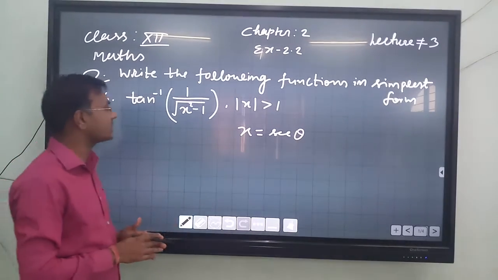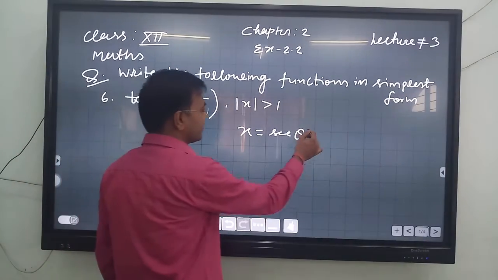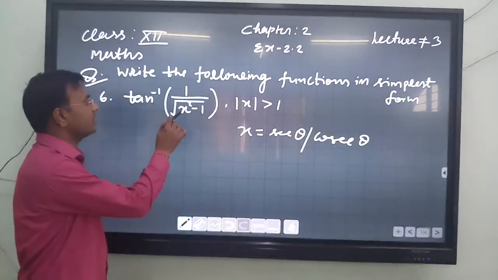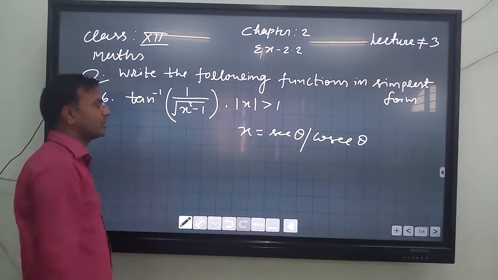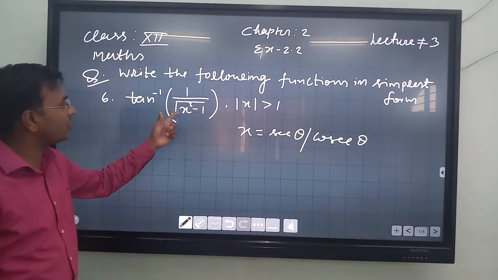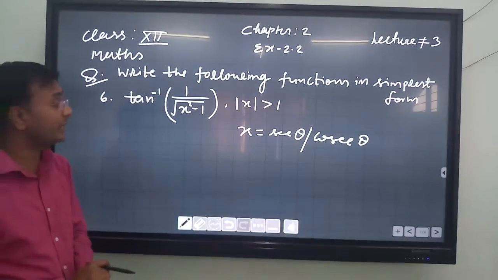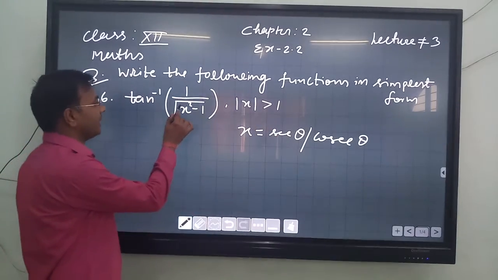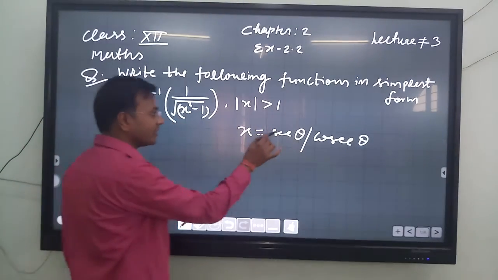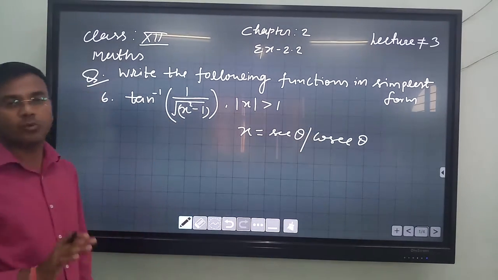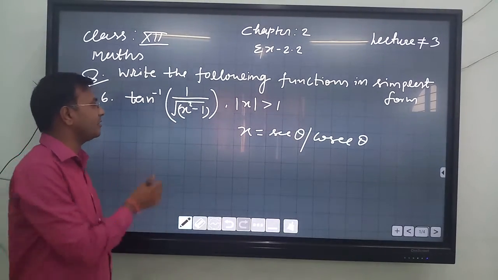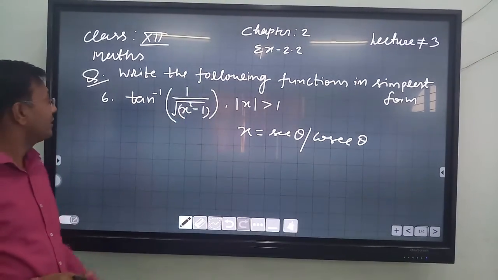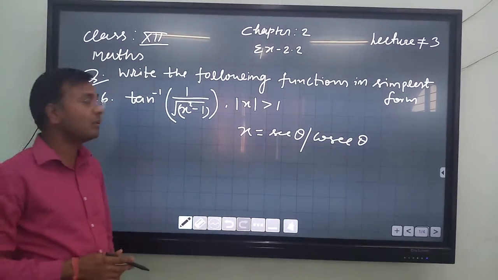Okay, so we have two options, either sec theta or cosec theta, because if we put cosec theta, then cosec square theta minus 1 also becomes cot square theta, that is cot theta, or 1 upon tan theta. So you have a choice of either sec theta or cosec theta. Whenever there is a term like x square minus 1, make sure either sec theta or cosec theta is put. As we have already learned, if there is x square plus 1, we have to put x equal to tan theta, as in question number 5, the previous question, which we have already discussed.